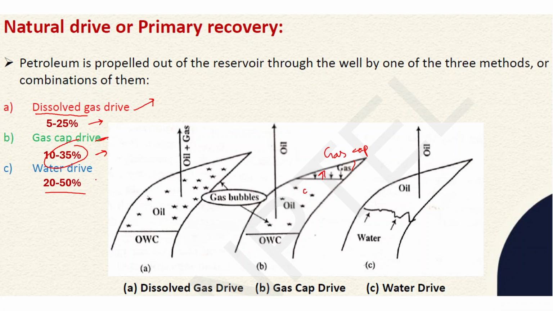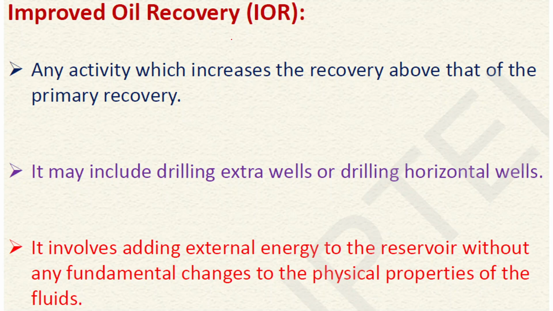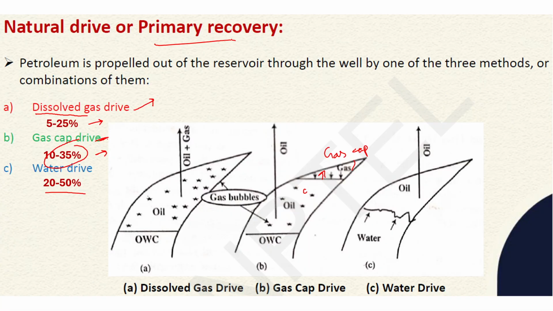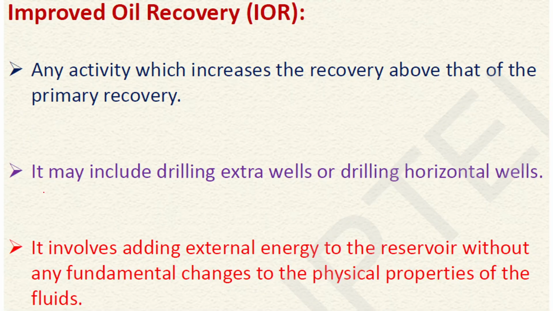So basically, these are the natural forces. No extra energy needs to be provided for the extraction of oil in these natural drive processes, or the primary recovery method. Now coming to the secondary recovery method, which is the improved oil recovery method. In this, as we studied previously, different kinds of wells are dug. Now we cannot recover the oil using natural forces, so we need to provide some energy or find alternate methods for the extraction. This is the secondary method of extraction of the crude oil.